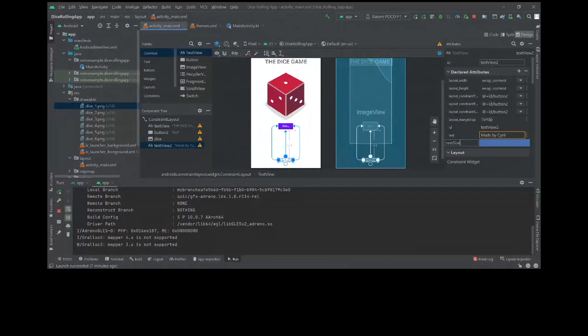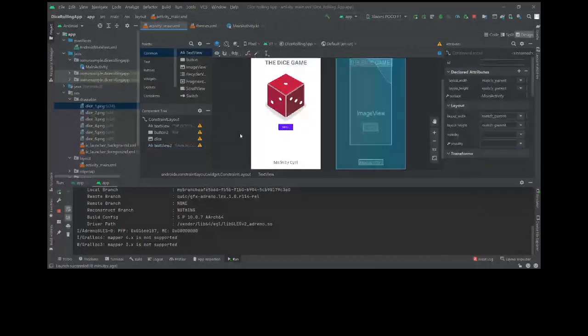But if you use tools, it will only make changes here. Tools is just to test how your UI will look without affecting the real application. To apply the change to the real application, you have to use Android text size. Now it will affect both here and in the application. This is 24. Okay, so now this looks good.